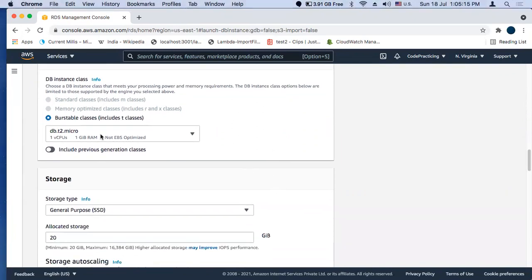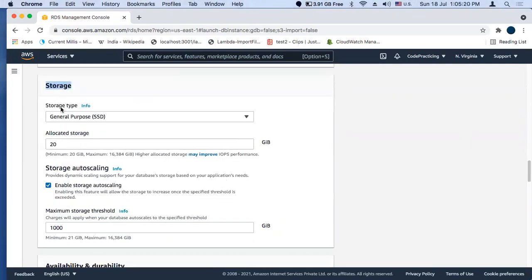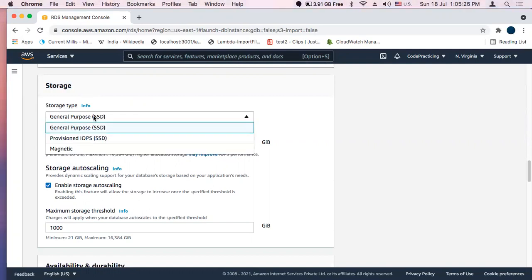After selecting DB instance class, next is storage type. Amazon provides three types of storage: general purpose, provisioned IOPS SSD, and magnetic.